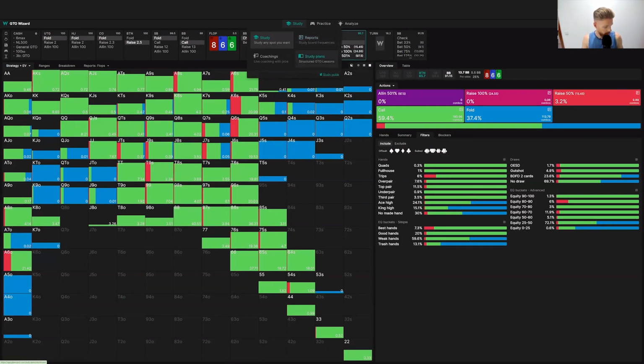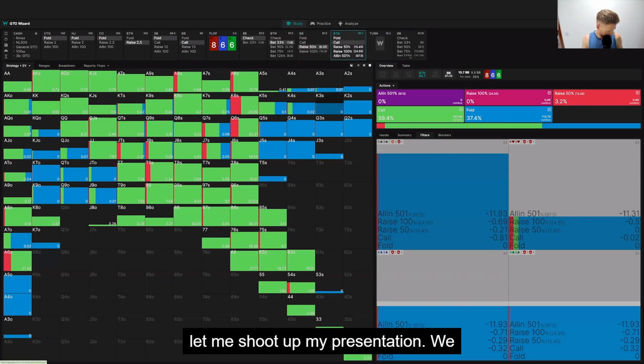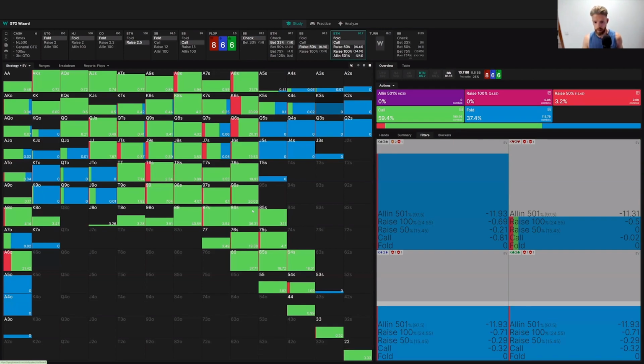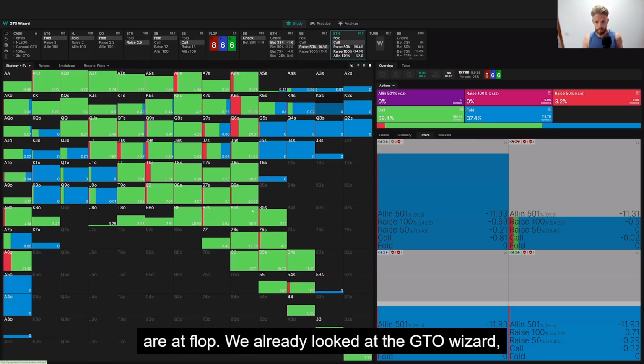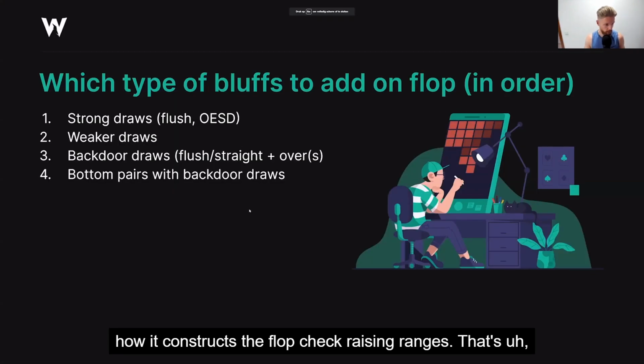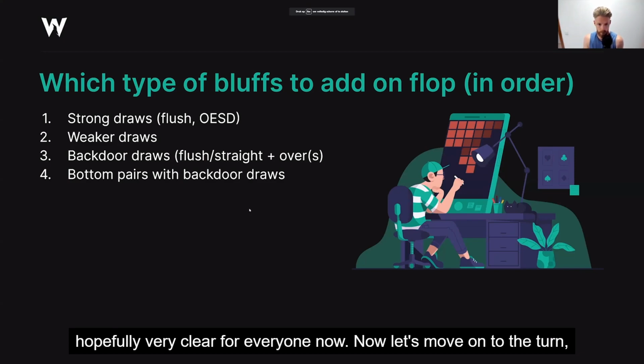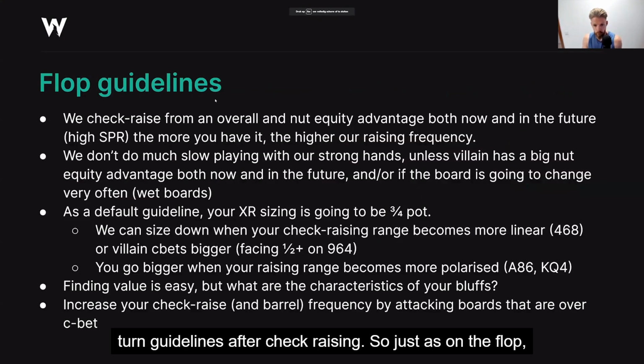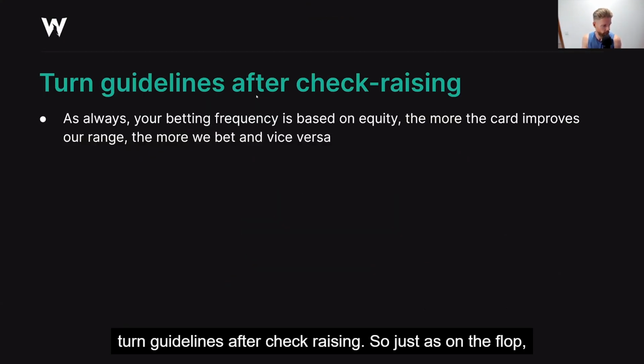All right. Let me share my presentation. We are at the flop. We already looked at how GTO Wizard constructs the flop check raising ranges. It's hopefully very clear for everyone now. Now let's move on to the turn. Turn guidelines after check raising. So just as on the flop,